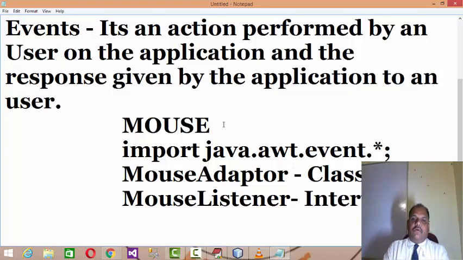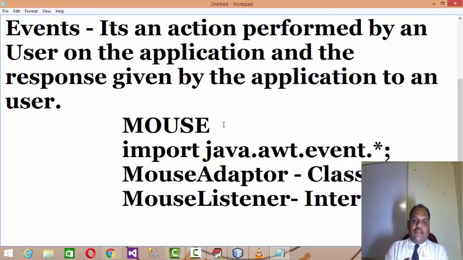Up till now, you understand one point, that while developing an application, you cannot derive your class from two base classes. Multiple inheritance is not allowed in Java because of programming complexities.